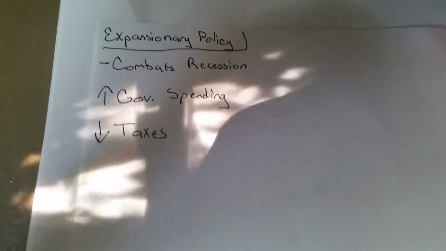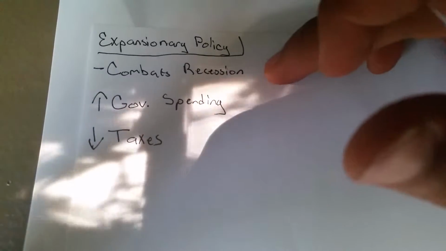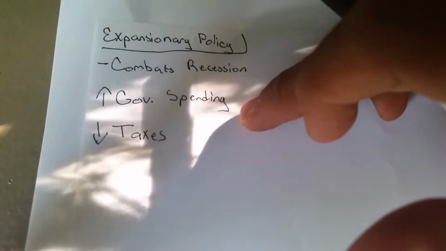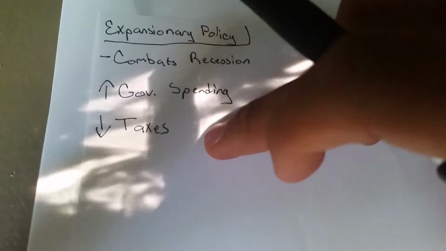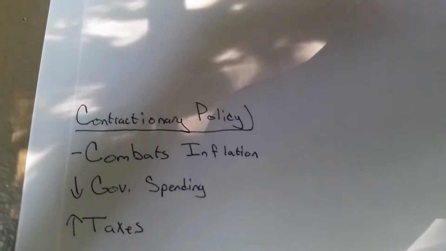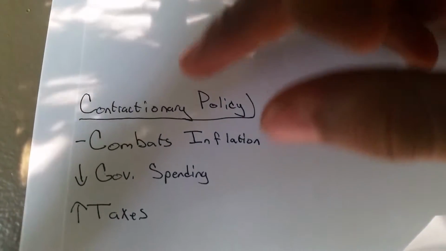The way that expansionary combats recessions is that they increase government spending and they lower taxes. And the way that contractionary policy combats inflation is that they decrease spending,